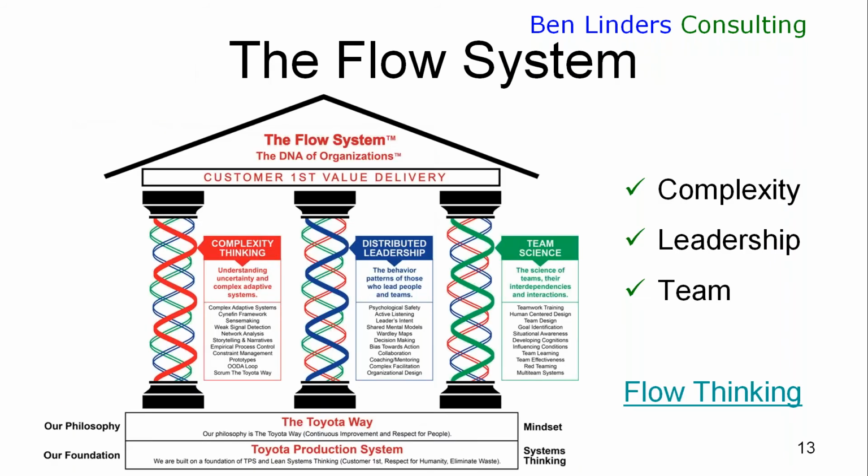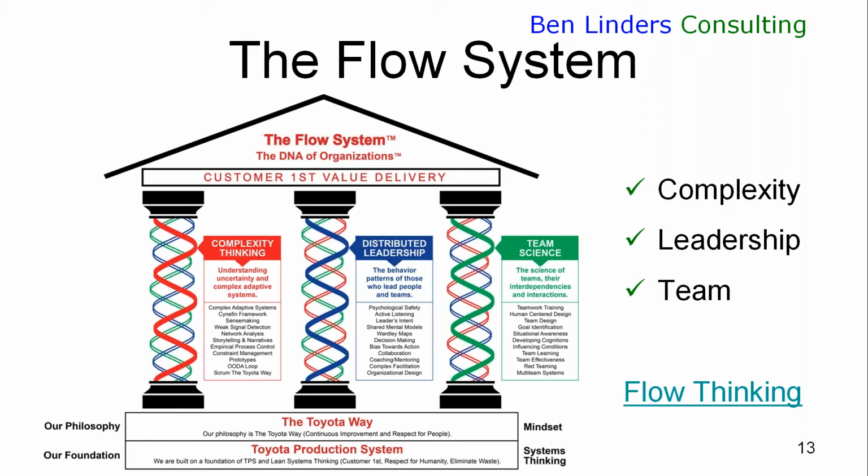There's a new thing that was released last month, which is called the Flow System. This is something which is based on the Toyota Production System and the Toyota Way, basically using that as a mindset and systems thinking approach. But what the Flow System adds to this is being focused on flow. It looks at how you can use complexity thinking to deal with problems. So how that can help you to really understand difficult problems, systemic problems in your organization, the networks which are there.